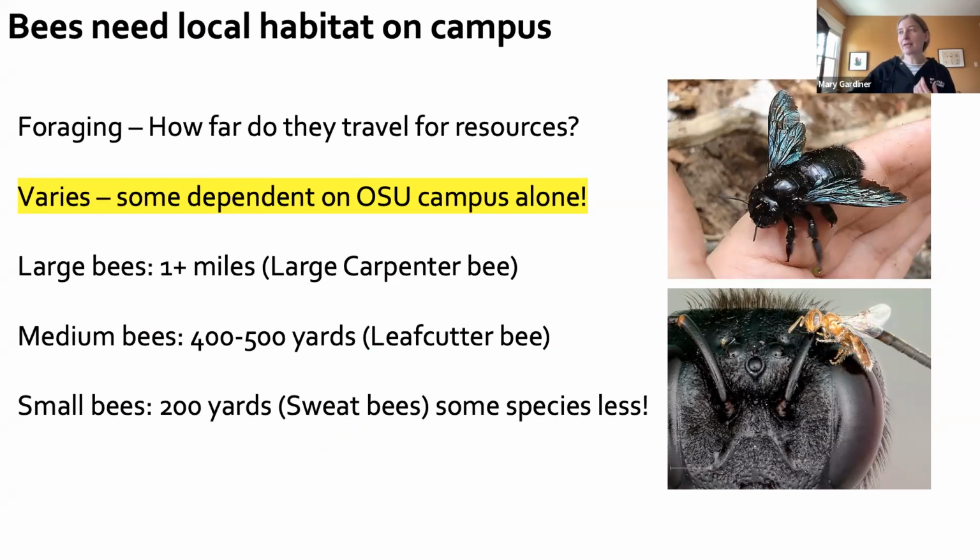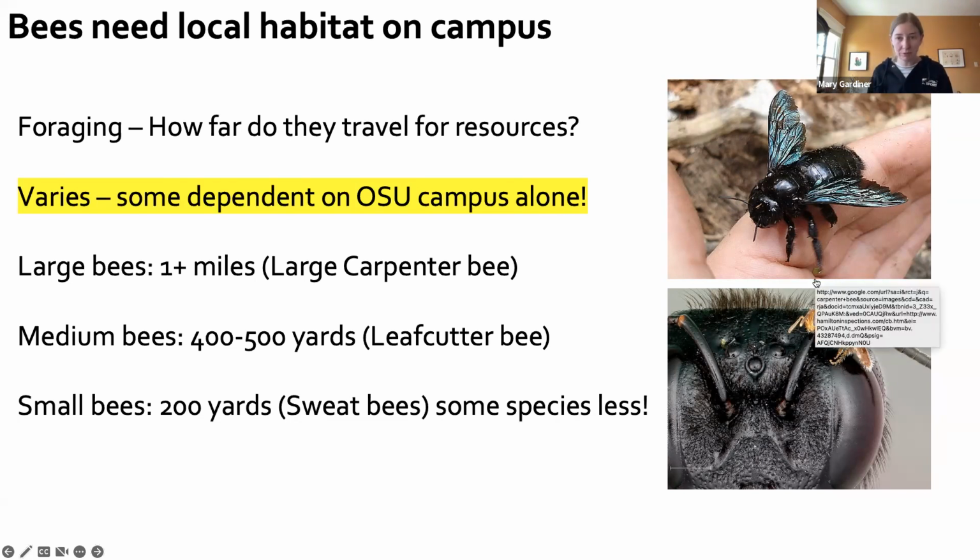Some of the big bees, like a carpenter bee, they might be able to go a couple of miles, but many smaller bees like leaf cutters or sweat bees, they are going more like 400 yards in their total time frame. And then we have some tiny species of sweat bees and others that maybe are only occupying like 200 yards or even less. And so you can see in this picture on the bottom, this giant head is a carpenter bee, and then here's a little tiny bee. So obviously these little ones, they're not going to go as far.